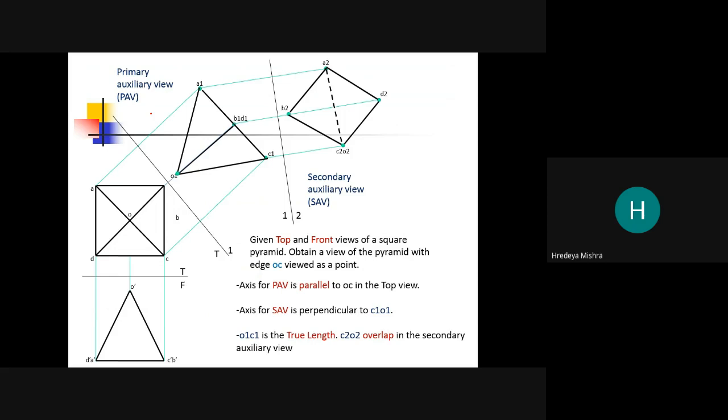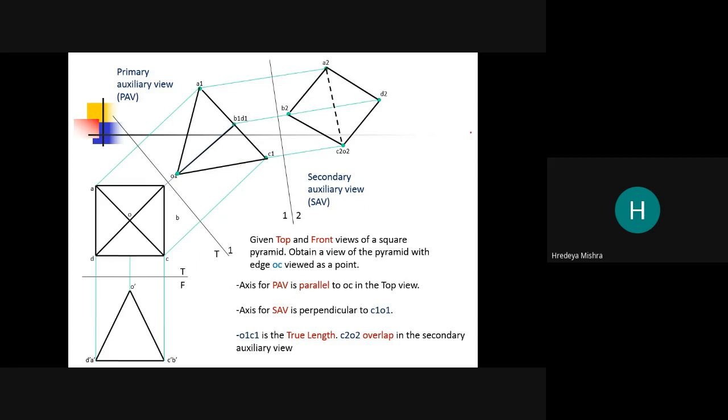The axis of the secondary auxiliary view is perpendicular to C1 and O1. This line is perpendicular to this line.